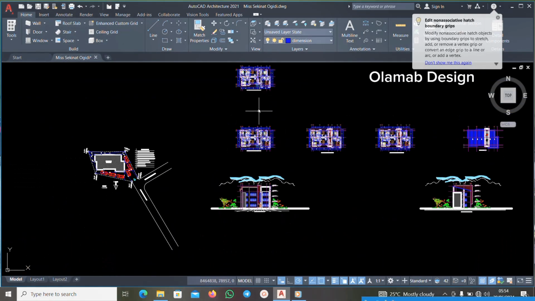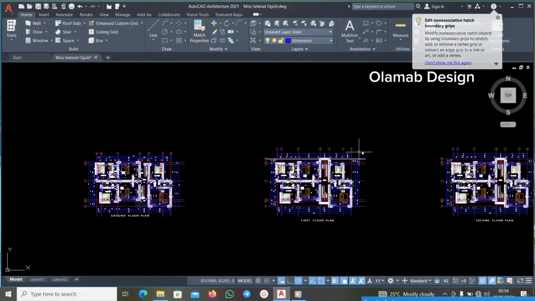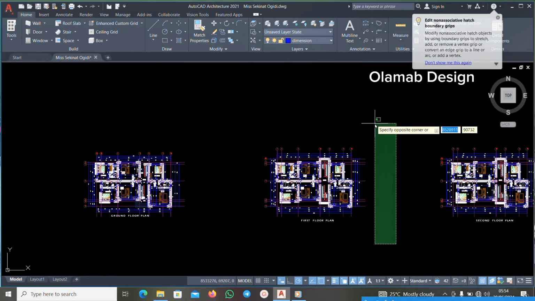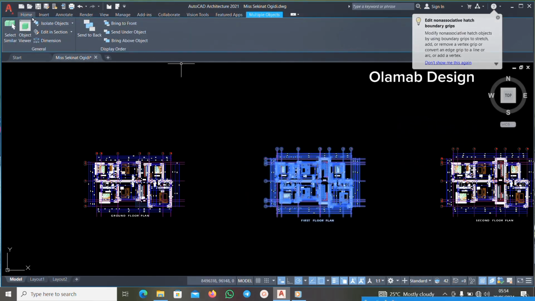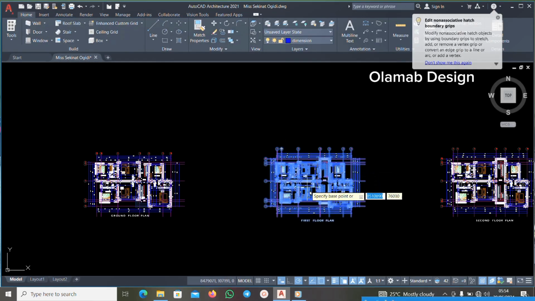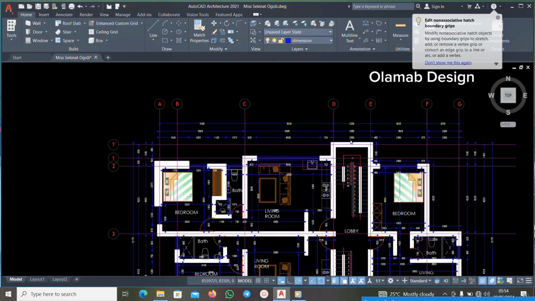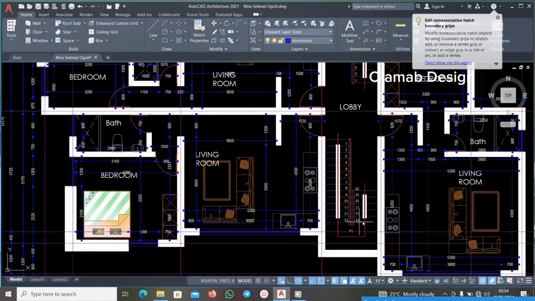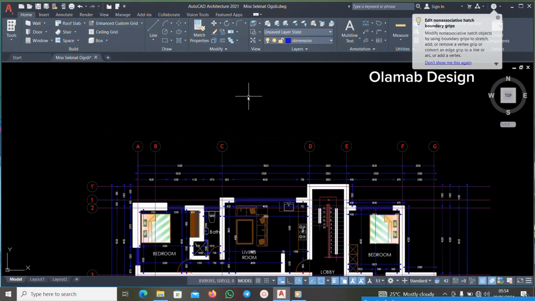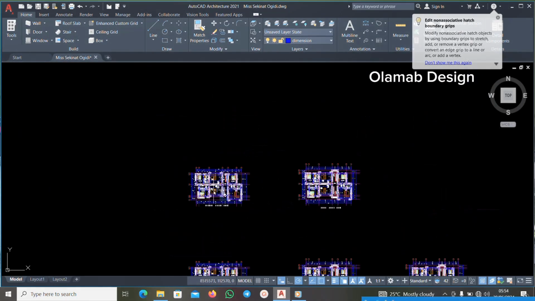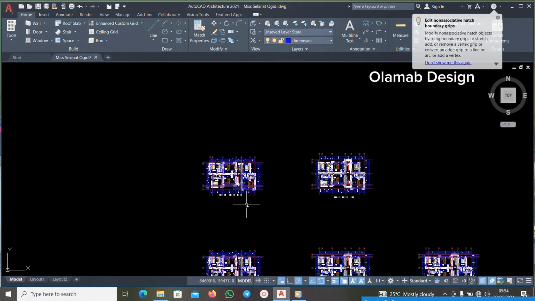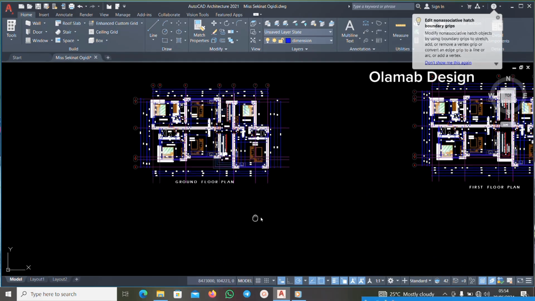Okay, now we have copied our ground floor. We can also copy this first floor. You hit on copy, and you copy it to this point. The original, because your first floor and your second floor are exactly the same thing, as you can see. Okay, so once I finish copying my drawing this way, the next thing I'm going to do